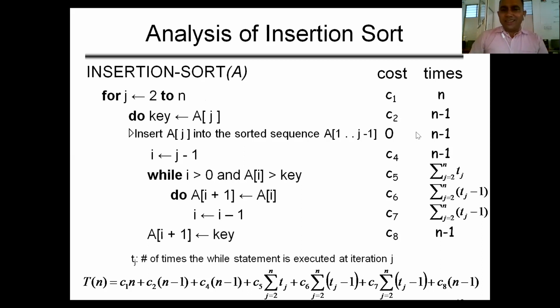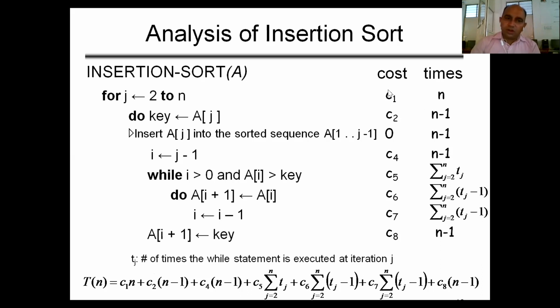After calculating these two columns, we will calculate the total running time or total cost of this algorithm by multiplying these columns and finding their sum. For example, if this is the one time cost and this line is executing n times, the total cost of this line will be c1 multiplied by n. Then at last we will sum all costs and find the total cost of the algorithm.